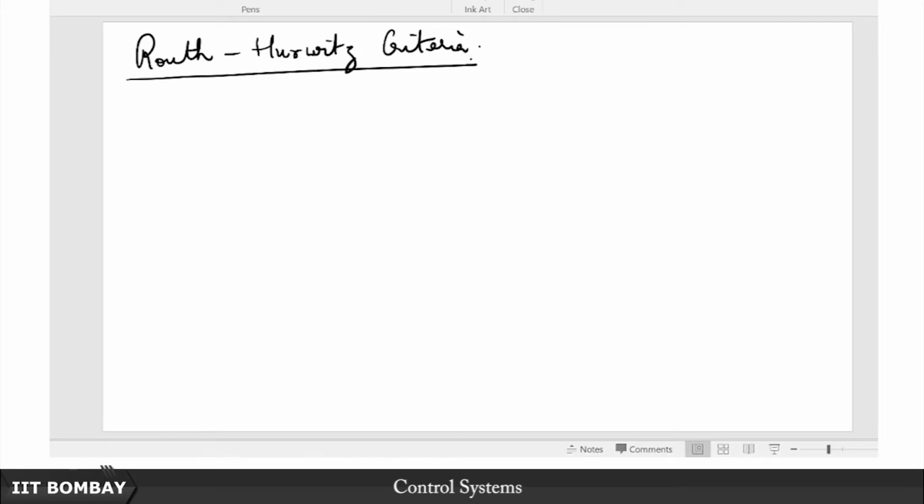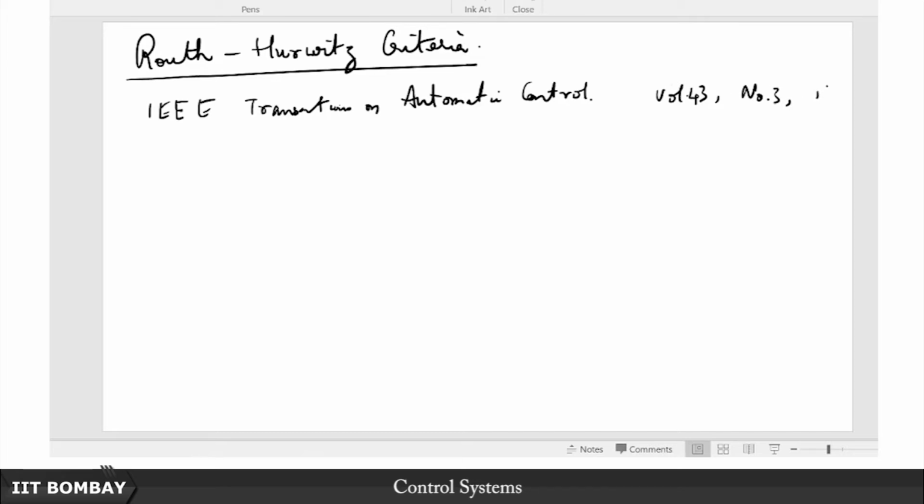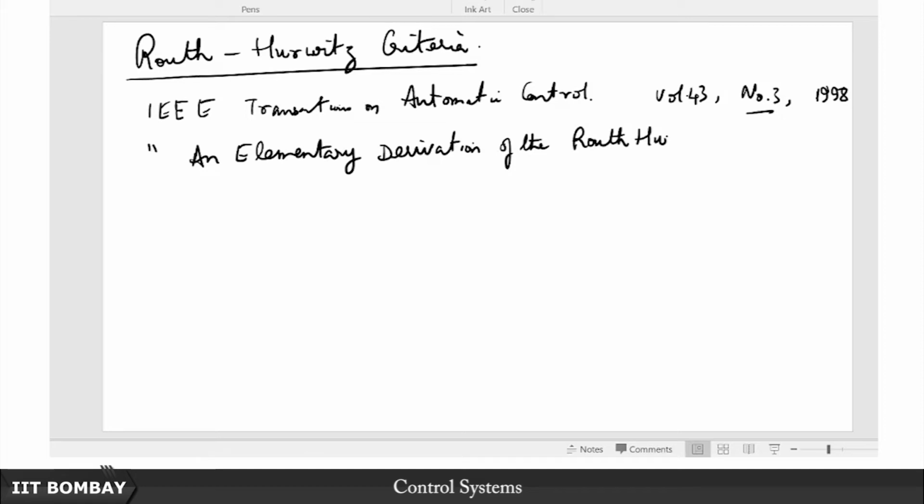If you want to look for this result, let me give you the title of the paper. It is a paper that came out in the IEEE Transactions on Automatic Control, volume 43, number 3, in 1998. The number suggests it's March 1998, and the title of the paper is "An Elementary Derivation of the Routh-Hurwitz Criteria." Now, although it says an elementary derivation,